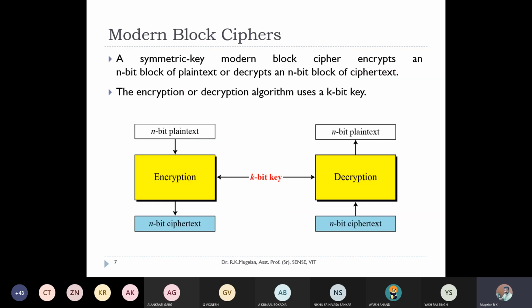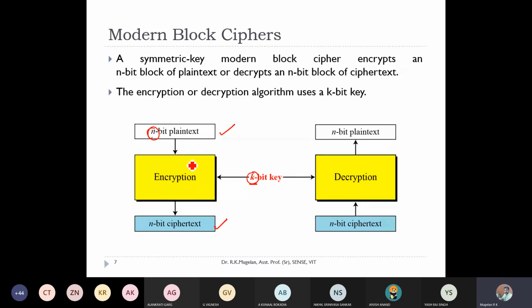Now we move on to the modern day block ciphers with respect to symmetric key. Here we'll be having a block made up of n bits. This n-bit plaintext will be converted into n-bit ciphertext using an encryption algorithm, which will be using a key of size k bits. This value of k has some relationship with n, which we'll be discussing in the upcoming slides. That is, the size of the key will be decided based upon the value of n, and the same